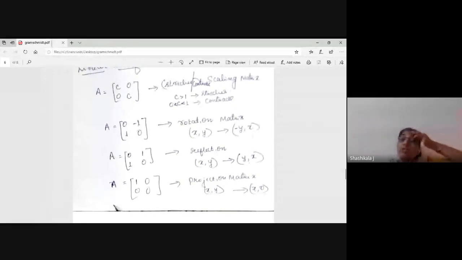So in the class I have shown only one, and many of you were able to do this problem in the class. So that means you have obtained it. And the reflection is 0, 1, 1, 0, where x and y become y and x. Then this is possible only with this one. The projection matrix, where you are making (x, y) into only the x axis, that is (x, 0), is 1, 0, 0, 0. Okay. This is for the rotation matrix. Now it is for the 45-degree rotation. Can you do it for the 90-degree rotation?